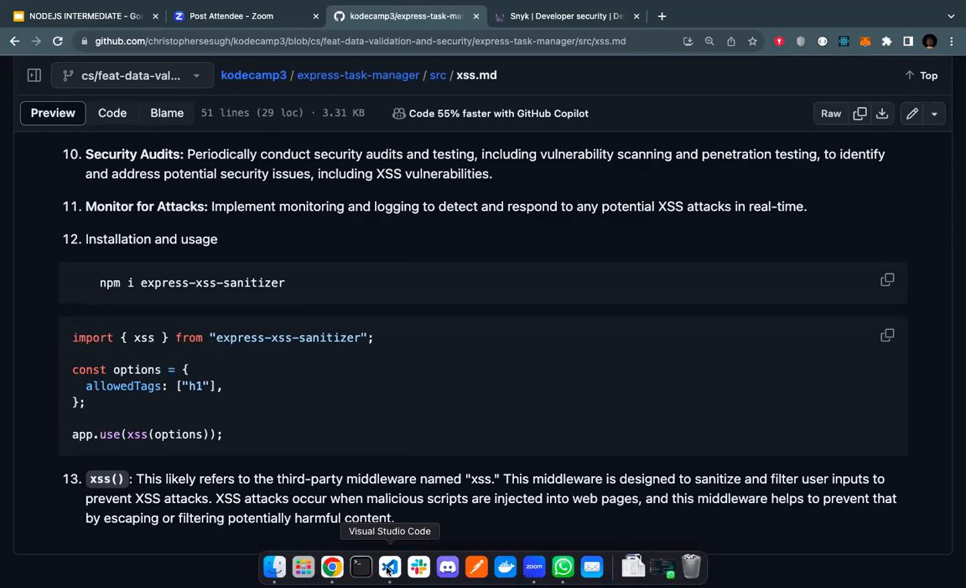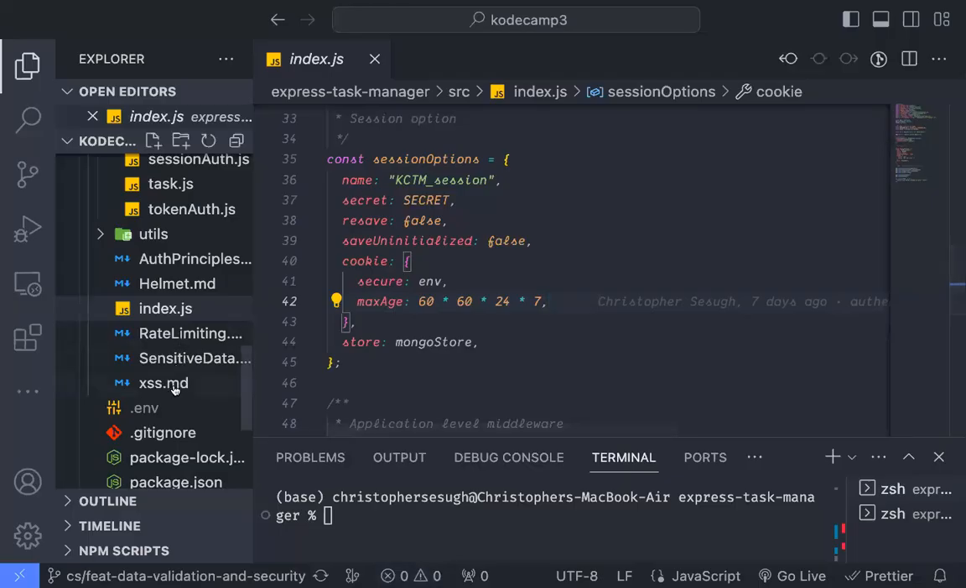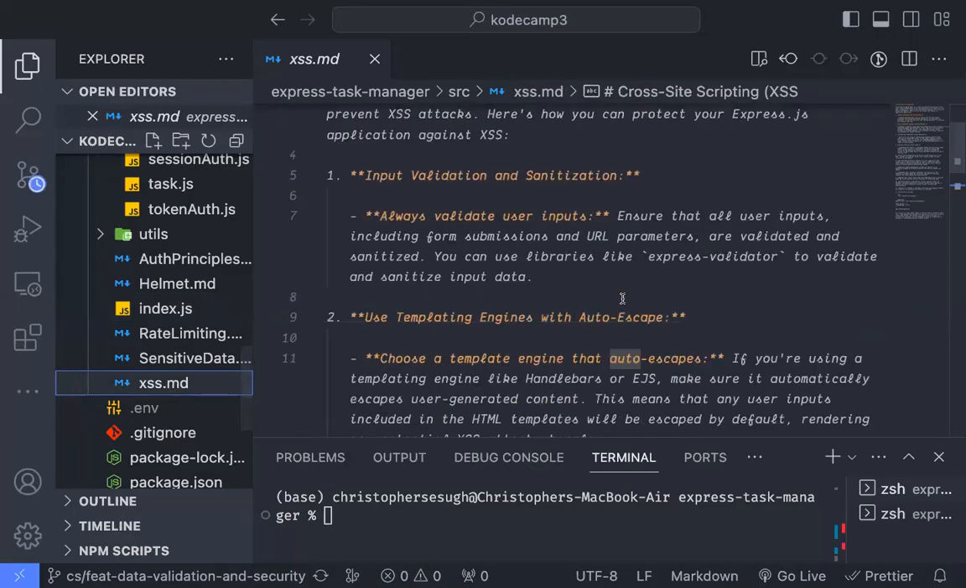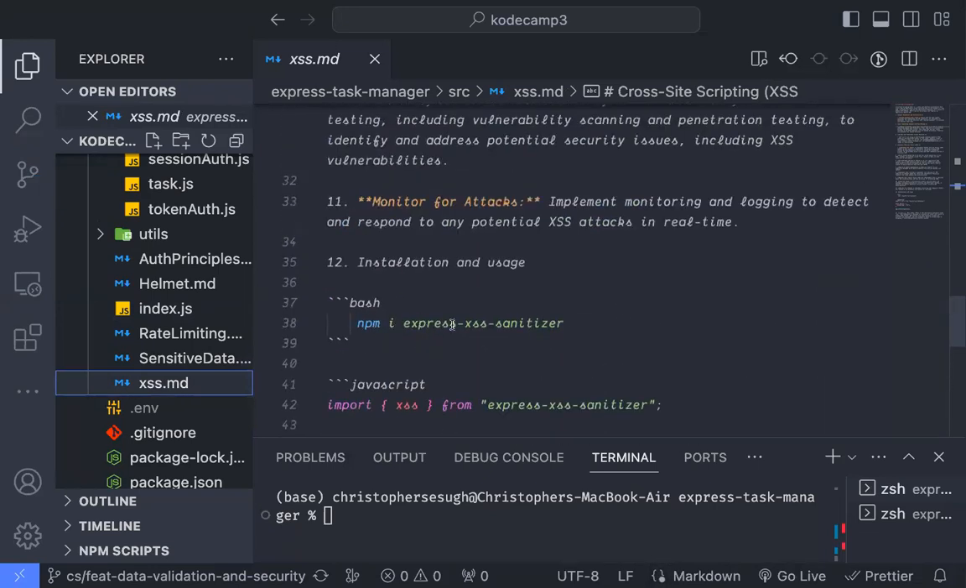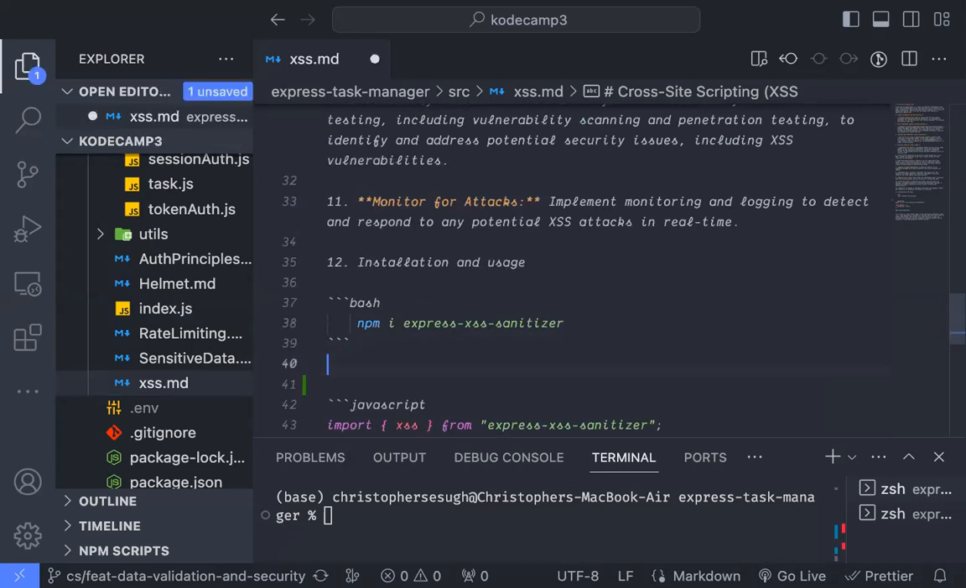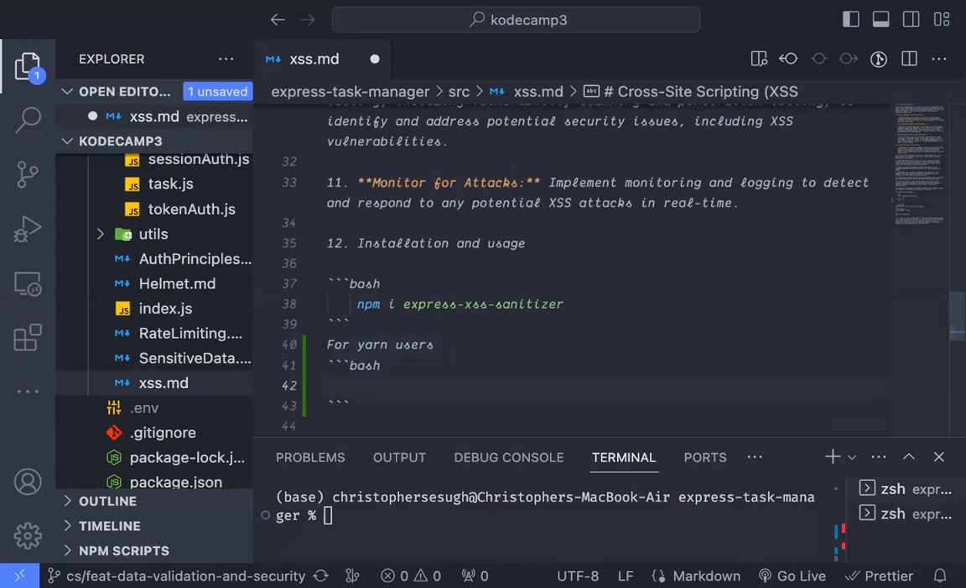Okay, so if you want to write any code, this here is Bash and this is JavaScript. So let me show you how this is done. So you will have XSS here. Let's scroll to the bottom and look at it. This is NPM, and then I can even come down here and say, for yarn users, that will do something like this. That will say bash, then I will say yarn add express XSS